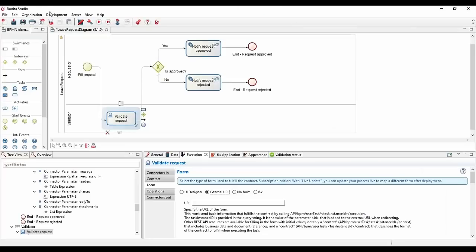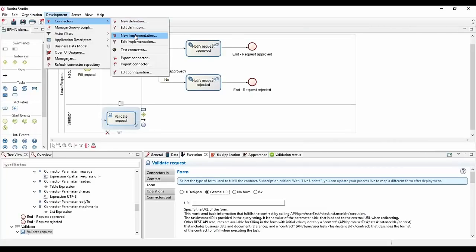So here, if you're working on the custom connector, you can create a new definition, a new implementation that can be linked to the definition. You can test your connector directly from the studio when you develop it, and you can export or import. So you will be able to import a connector that has been done as a contribution.